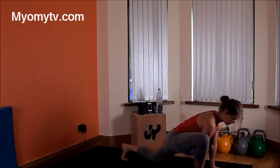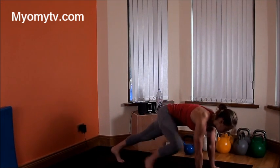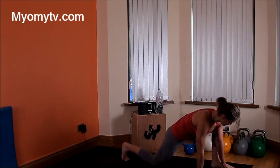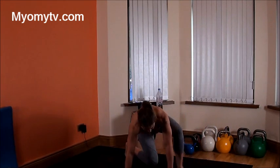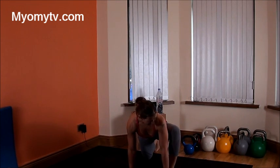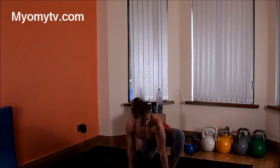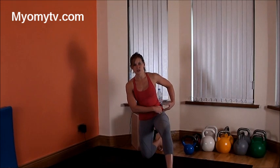But then we want to advance that mobility within the hips. But this is good enough for most people. But for me now, this is kind of easy. So what I want to do then is keep my hand planted on top of my toes and then start pulling my knee outwards. So from this direction, hopefully you can see. So you're wanting to plant your hand on top of your foot and then come forward and then pull the knee outwards and round. So you're really getting more sort of opening up around the hip joint in around here,